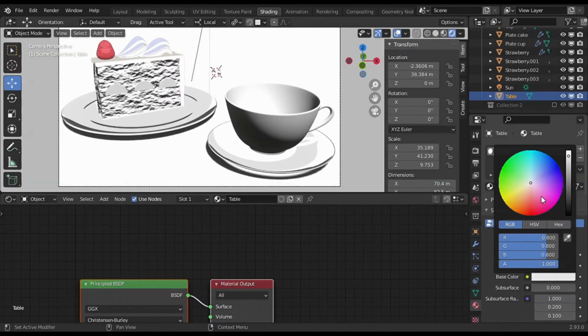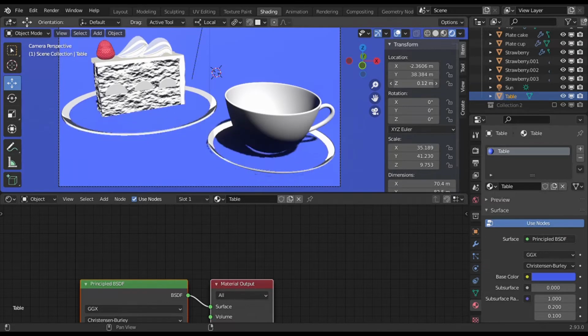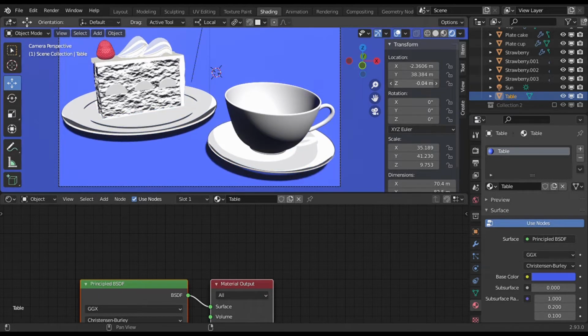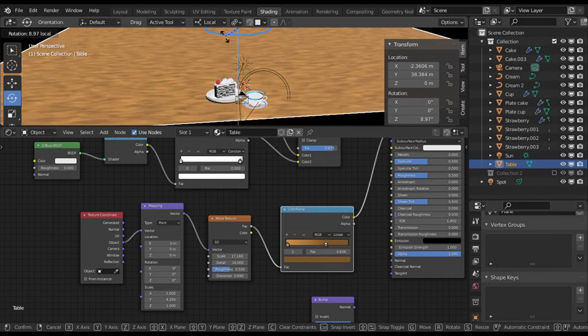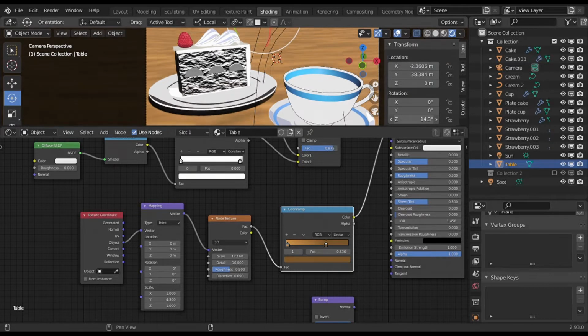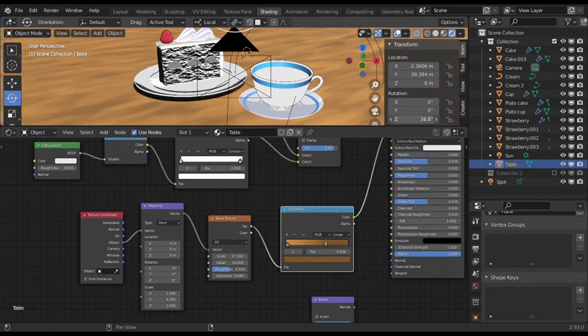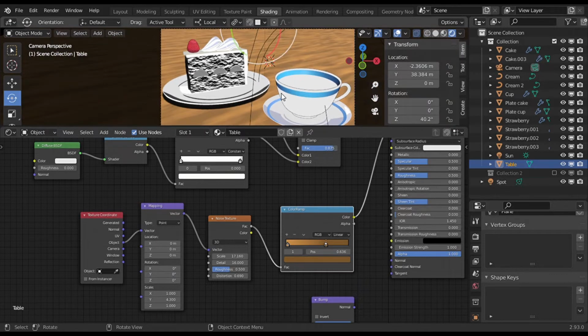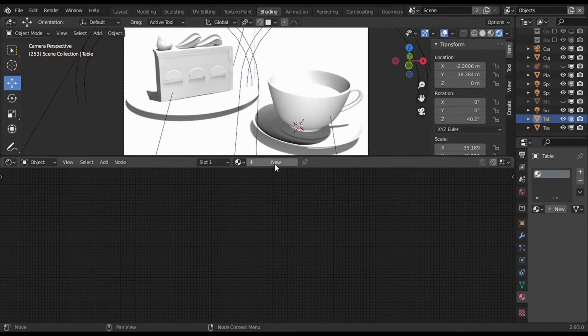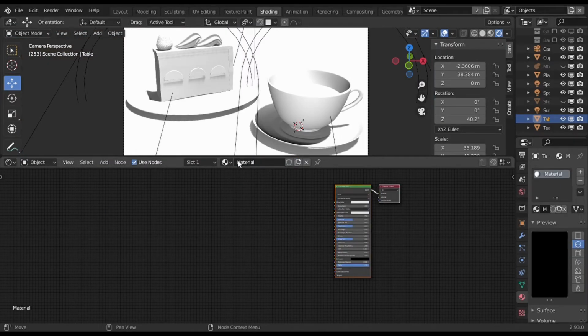First, the table. Before making the material, I chose a random bright color to place the height of the table for not losing the shadows of the objects. While I was making this material for the first time, I decided to rotate the table so the lines on the wood material would be diagonal. I think that gives more dynamism than if they're just horizontal or vertical. My table is already rotated, keep that in mind.